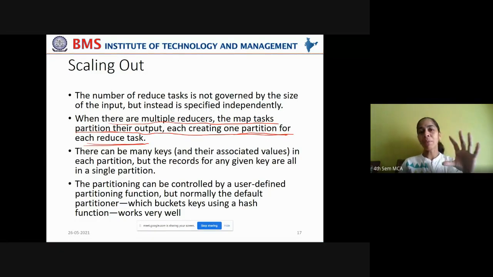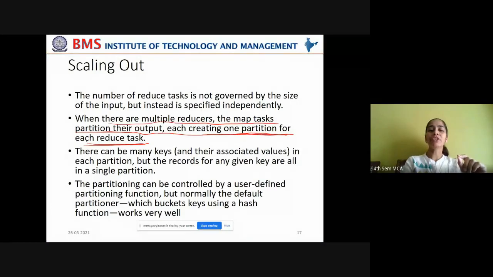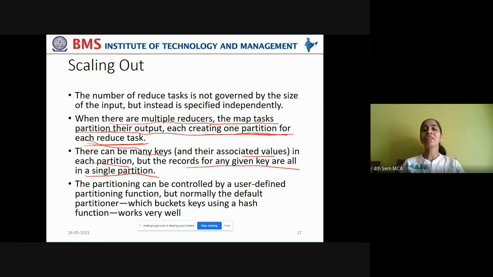Remember, the map job's responsibility is to feed each and every reduce task that is involved in a job. So the map task will partition their output in such a way that it creates one partition for each reduce task. Now there can be many keys and their associated values in each partition, but the records for any given key are all in a single partition.